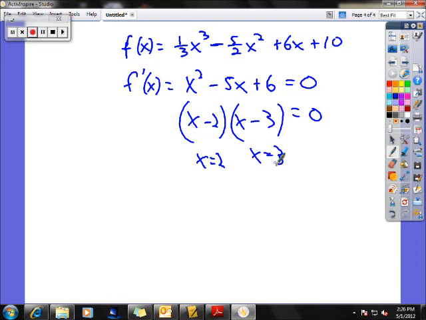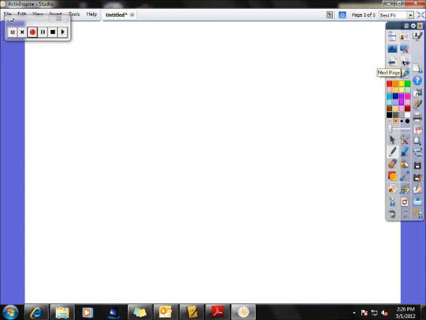Okay, it's pretty straightforward. Set the derivative equal to 0. So now let's do what we're going to do today, which is graphs of derivatives. Do graphs make sense? Yeah,